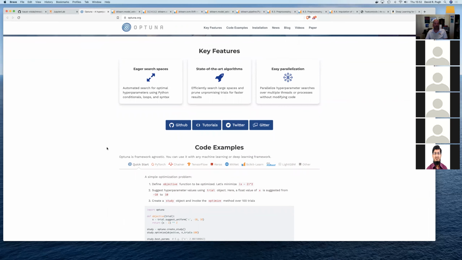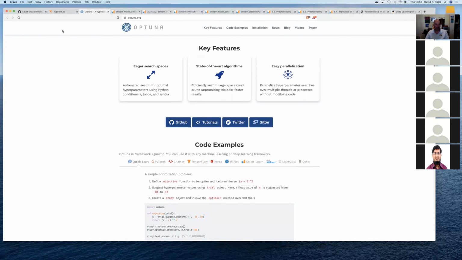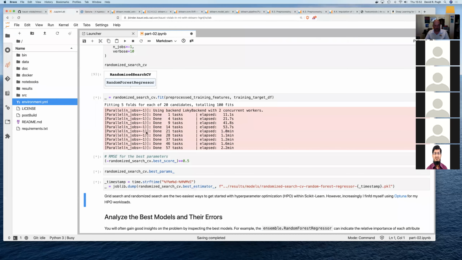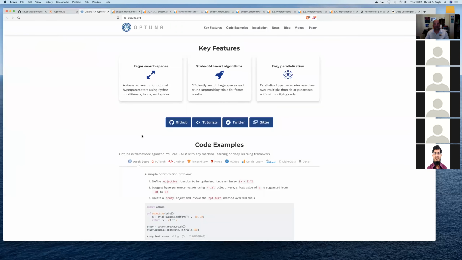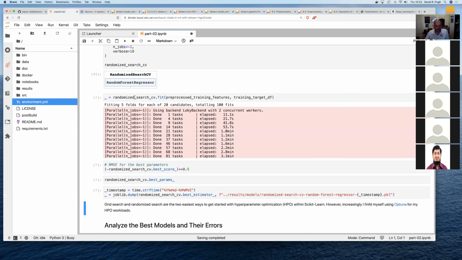So it's worth your while to invest in learning how to use Optuna. When you find yourself doing hyperparameter tuning, you might try one of these first, but Optuna, because it does a much more sophisticated sampling of a hyperparameter space using more sophisticated probabilistic methods, you're much more likely to find a better set of hyperparameters using Optuna than you will with these easier to get started but simpler